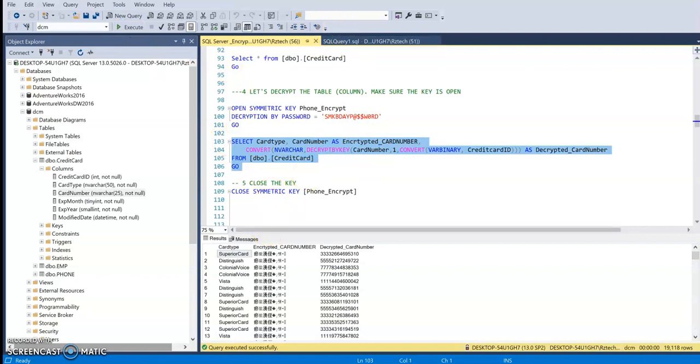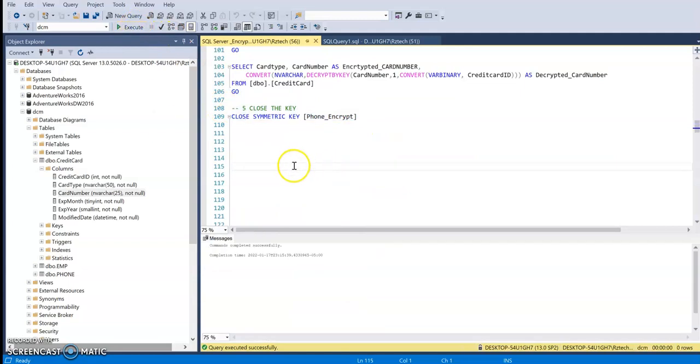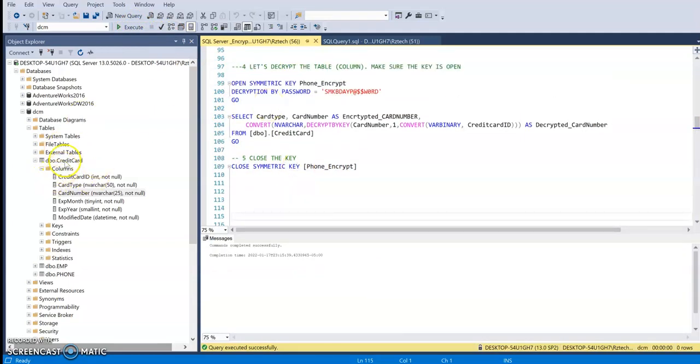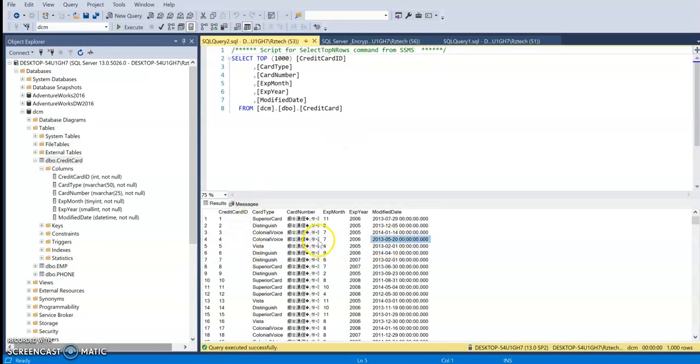Okay, so now if you notice in here, I have the encrypted format of that column as well as the decrypted version of that column. So these numbers have been decrypted under the decrypted number, and they are actually encrypted within the table. Now let me close the key. So the key is now closed, nobody can use it. So now if somebody comes in here and tries to select data from that column, they can see everything, but not the